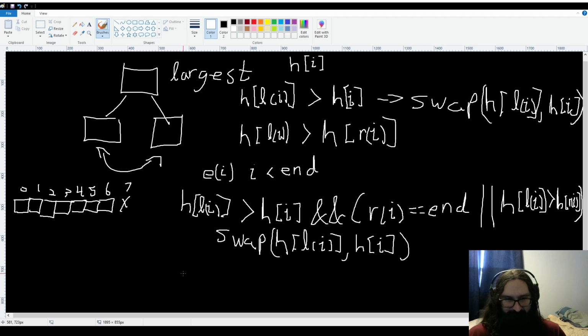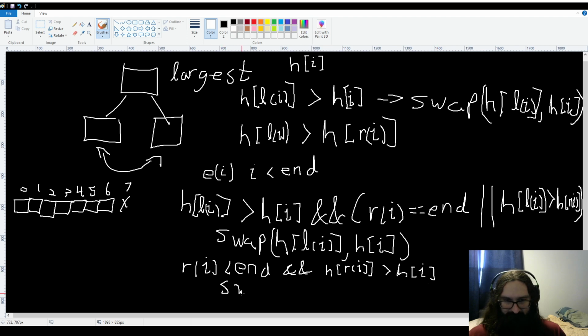For the right child, we just need to make sure that it exists, and we will know it exists if R of I is less than end, and H sub R of I is greater than H sub I. And in that case, we will swap H sub R of I and H sub I. Okay, this gets confusing